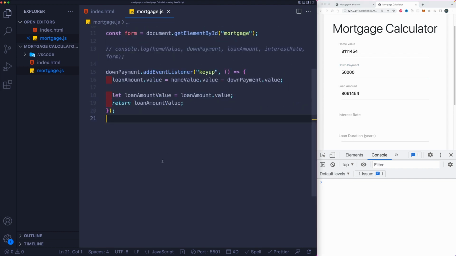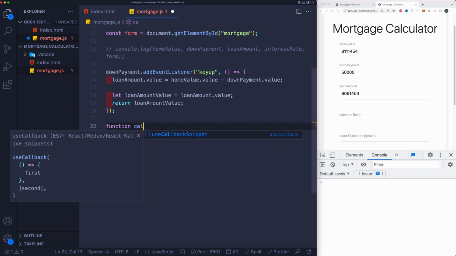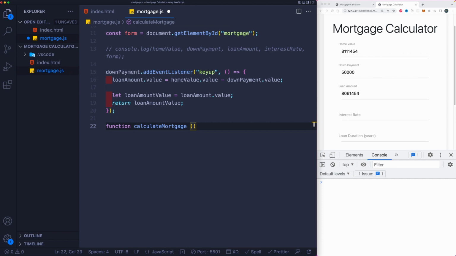Next up, we need to start calculating the mortgage. For this one, I'm going to create a mortgage calculator function. So let's create a function with the function keyword, call it calculate mortgage. Now, how exactly a mortgage is calculated, you can find dozens of examples on the internet and dozens of formulas. Now, I took that formula and integrated it within here. So I'm not going to explain the formula itself, but I am going to explain how I'm using JavaScript to